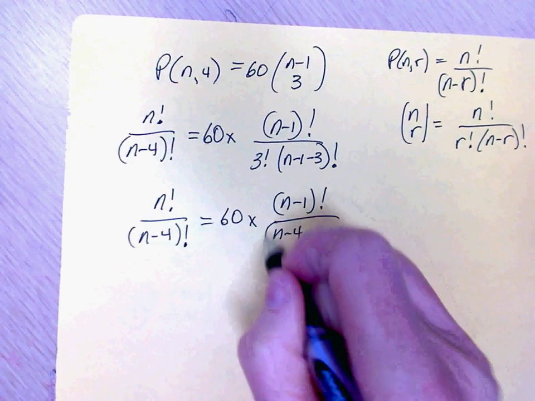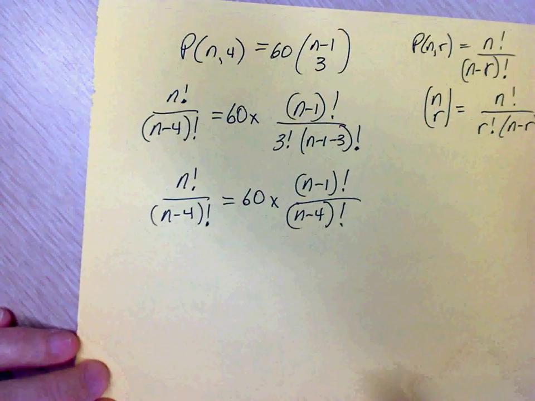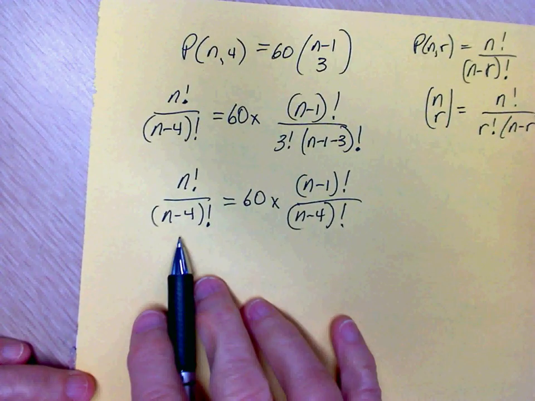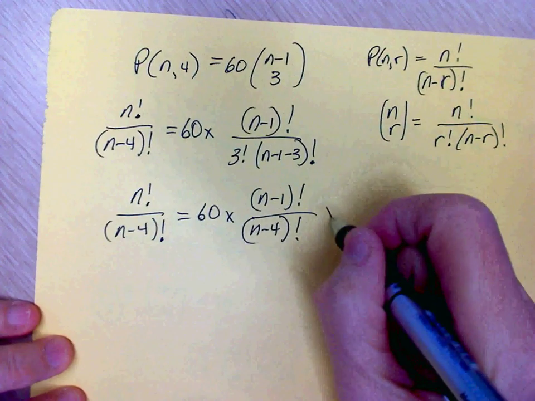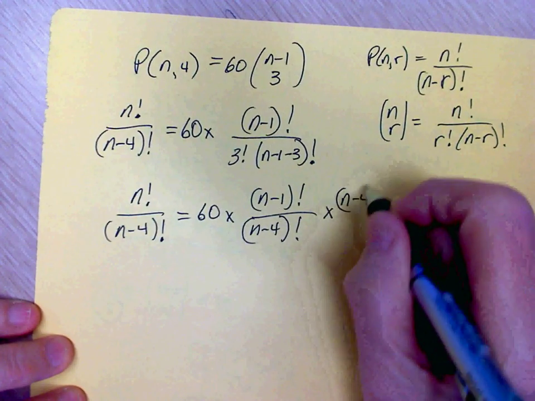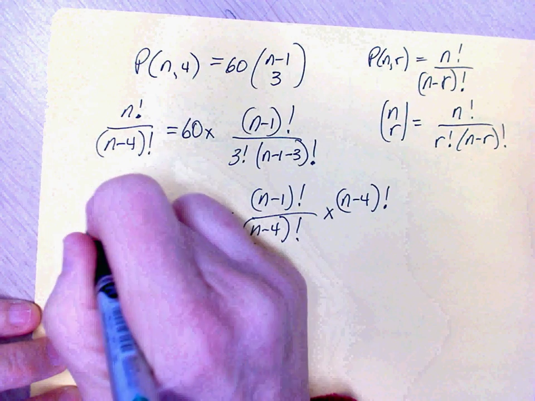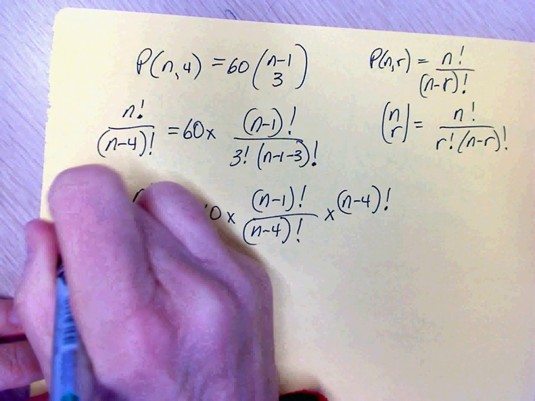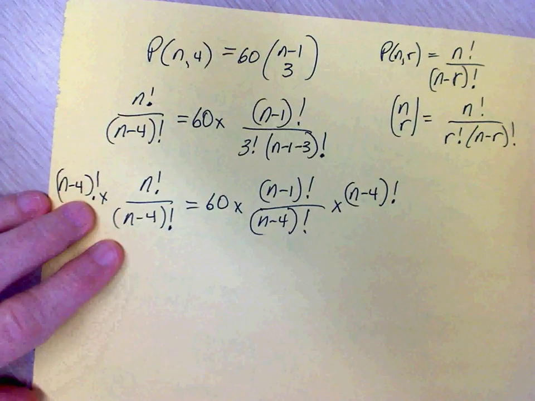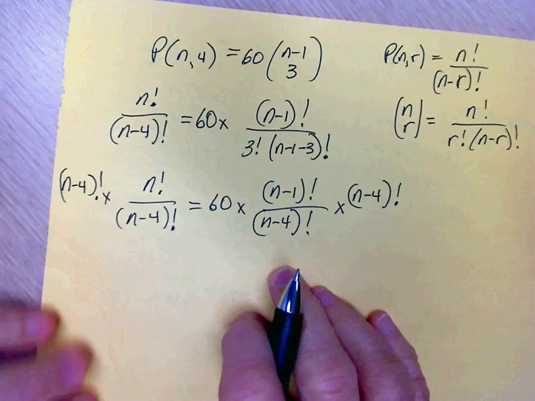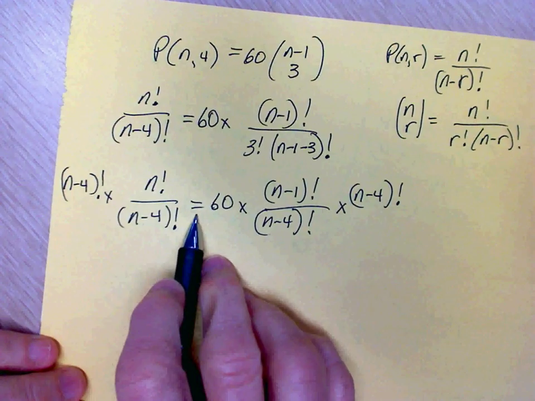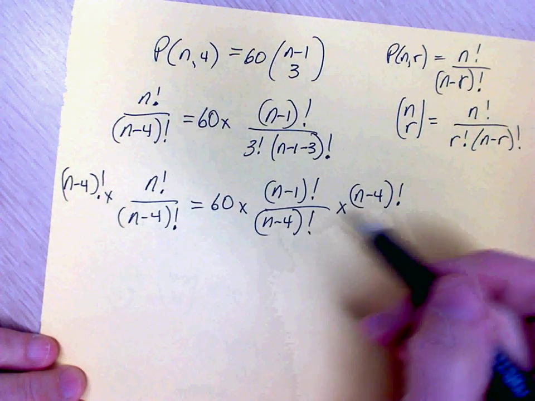So notice I can right away get rid of the n minus 4 factorial by multiplying both sides by n minus 4 factorial. So whenever you're solving an equation, what you do to the left hand side you have to do to the right hand side. Otherwise you lose this equality. So I'm treating each side consistently. This divides out,